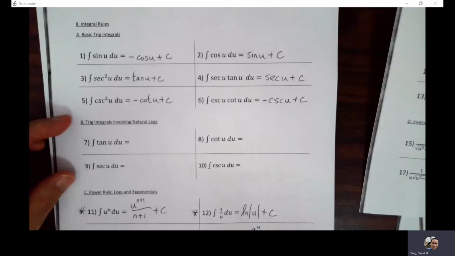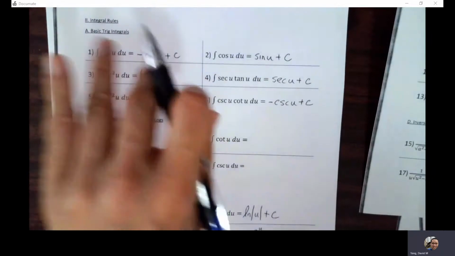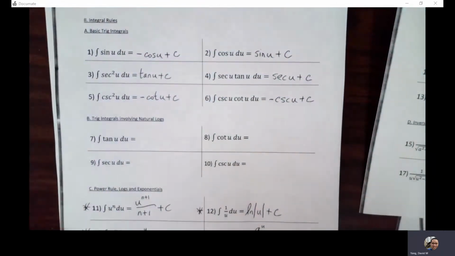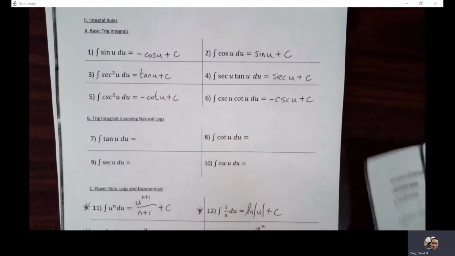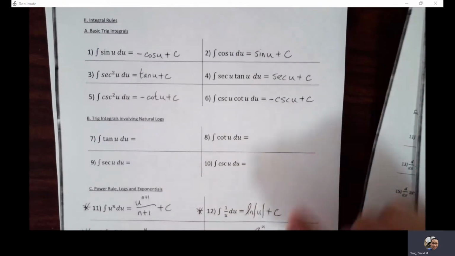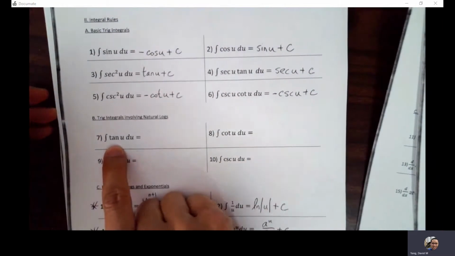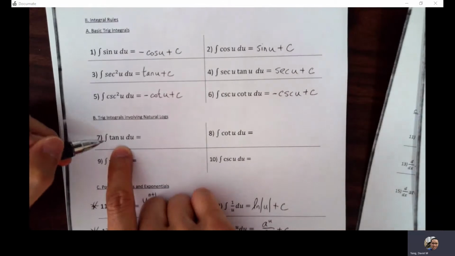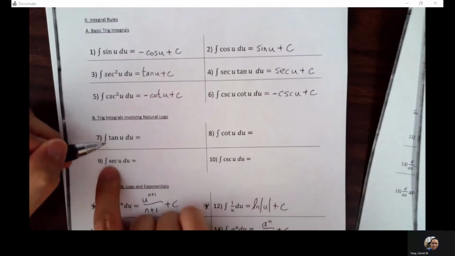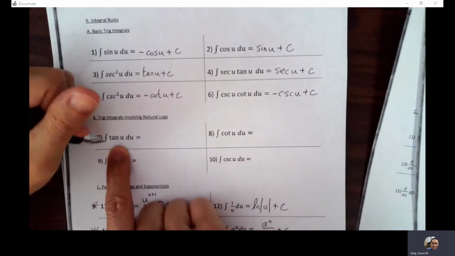Okay. Finally, we have trig rules involving natural log. So these are trig rules that are not based off of the original 6 that we learned on the derivative side. I say these last because these are just the most difficult to remember. There's actually a way to derive them, and I'm not going to go through how it's derived, but the way I remember it is